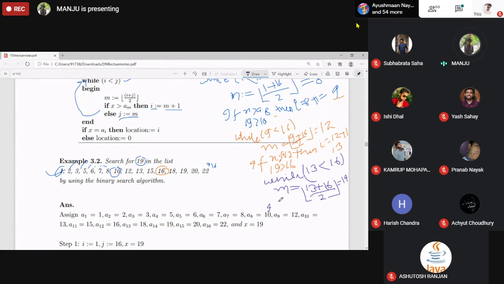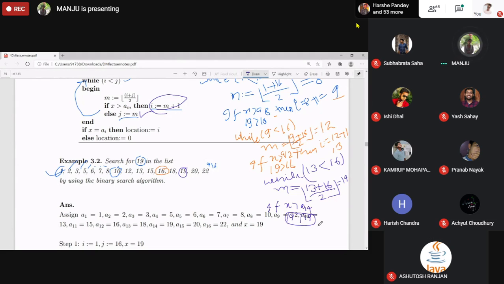Now it checks if x is greater than a14. What is a14? 19. So 19 is greater than 19. This is false. That's why i will not become m plus 1; the else part will be executed.